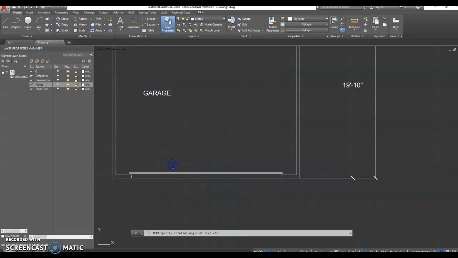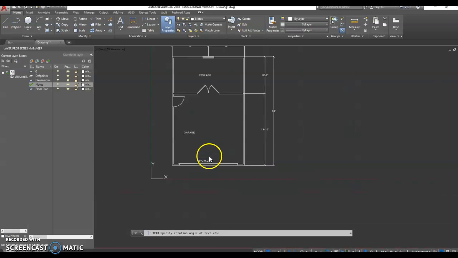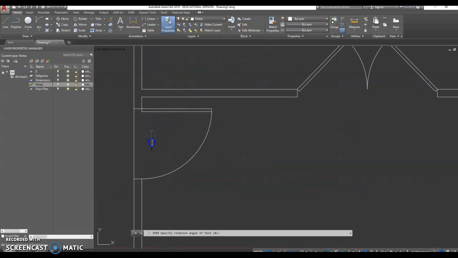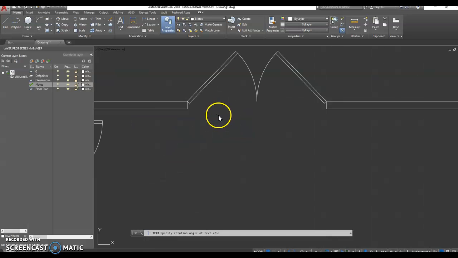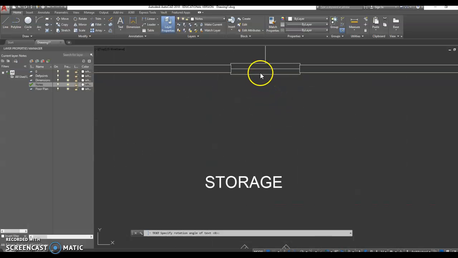I'm going to go 16 foot OHD overhead door. 3068. That's the door size. Let's go 6068. DBL double. Let's go 30